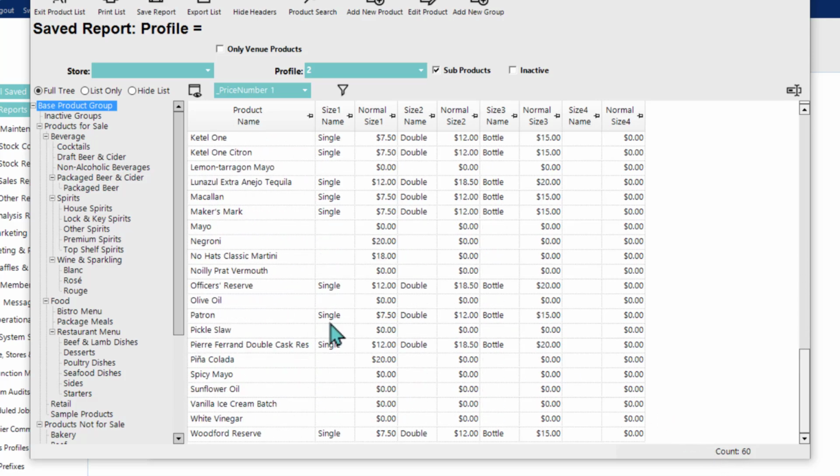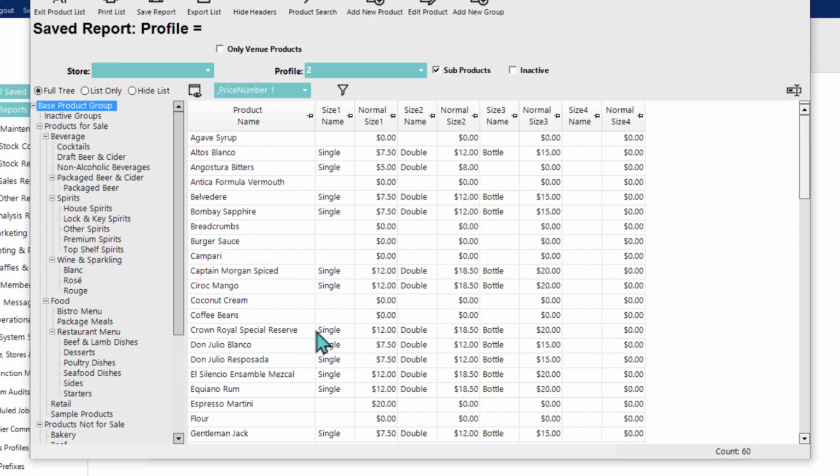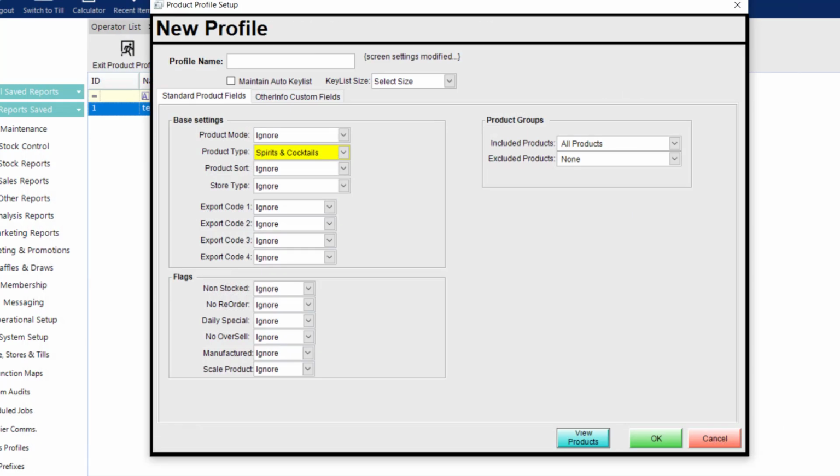There's 60 products total because the only parameter that we've set is that they have the product type of spirits and cocktails. But maybe we don't need to include all of those though, so we might refine our profile a bit more. If I close that, so next we might say that we only want to include products that are